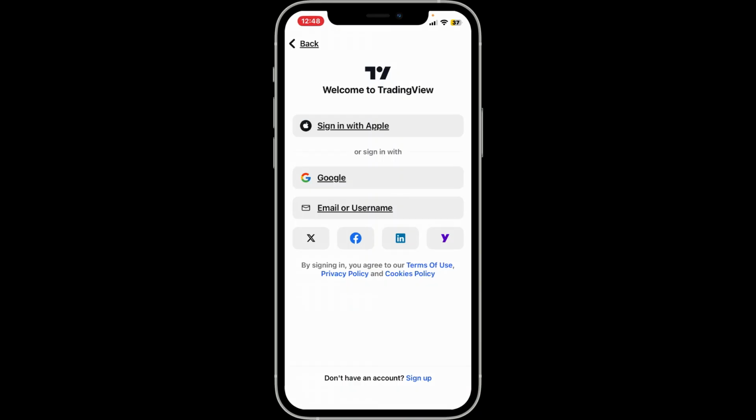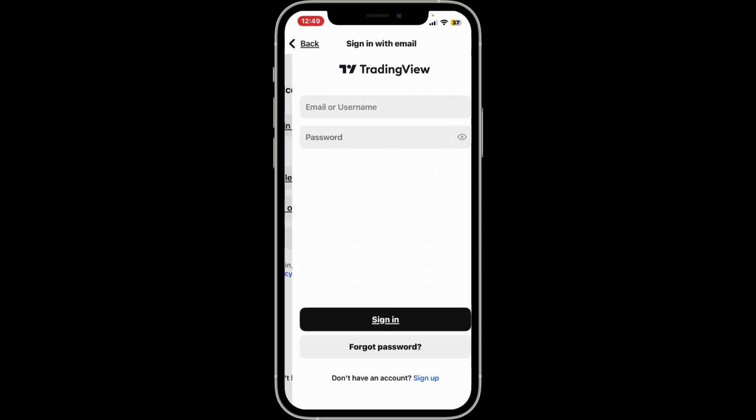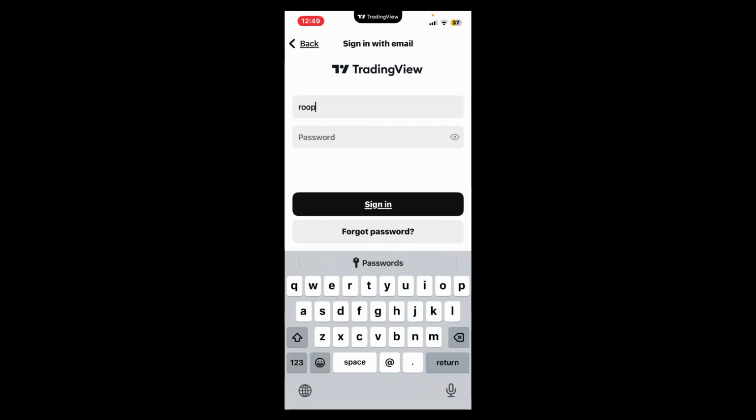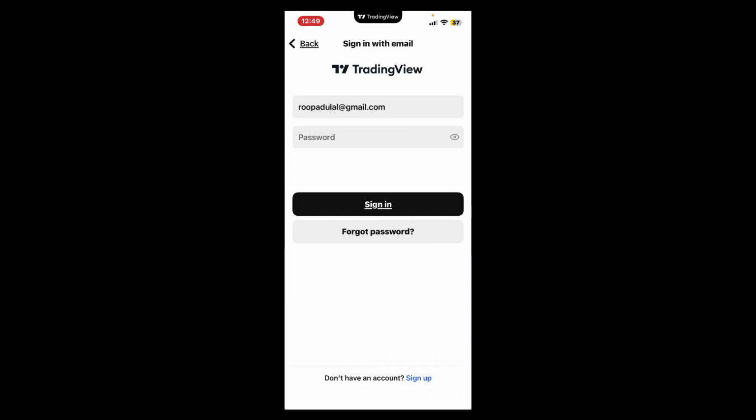To sign into TradingView with email, you'll first need to have used the sign up with email option whenever you opened an account for TradingView. If you previously signed up with email, just tap on the email or username option. Now in the respective text boxes seen on the next page, enter your email address in the first field. Make sure to enter the email associated with your TradingView account and go to the password field and type in